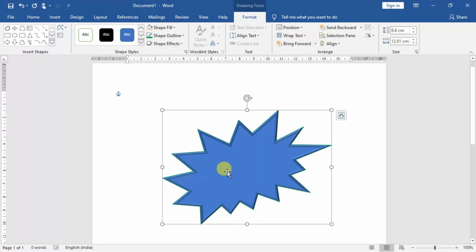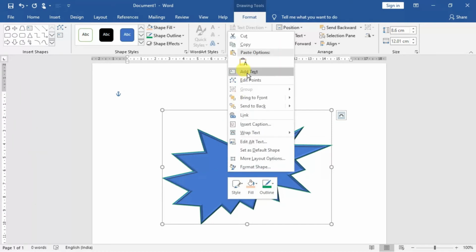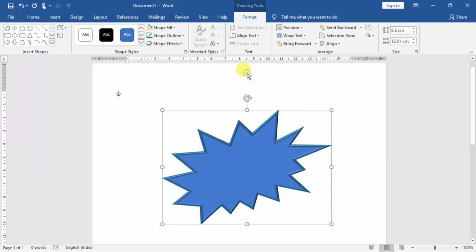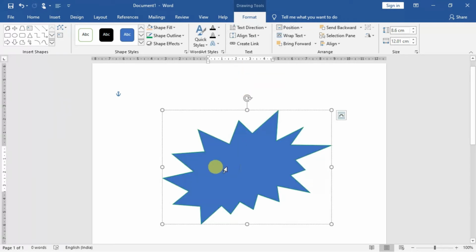Now how to insert text? Right click on the drawing object, and there will be an Add Text option. Then you can add text over here. Whatever you want to type, you type here. Suppose I am typing 'Exciting offer'. Afterwards you can format the text as well.